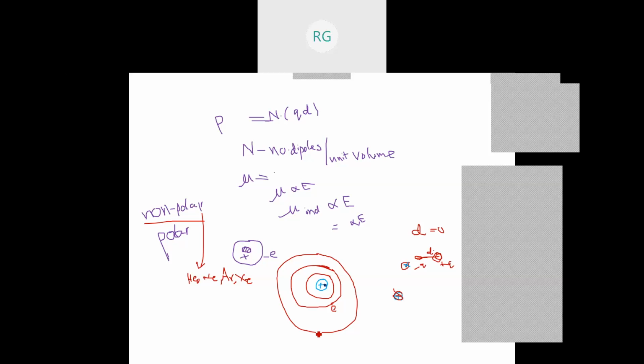So, not only this, we can also say that molecules such as H2, N2, Cl2 are also non-polar. Mostly the symmetric molecules are non-polar molecules. Symmetric molecules, if you take say carbon dioxide, I have a carbon here, and this carbon is attached to oxygen here and oxygen here. This is a linear molecule.